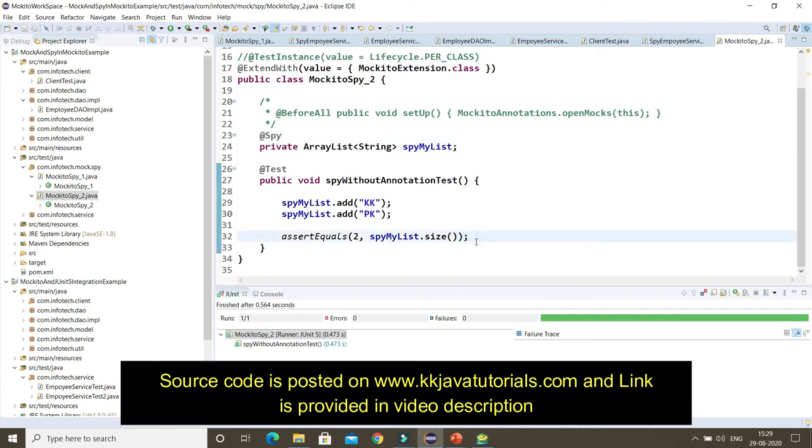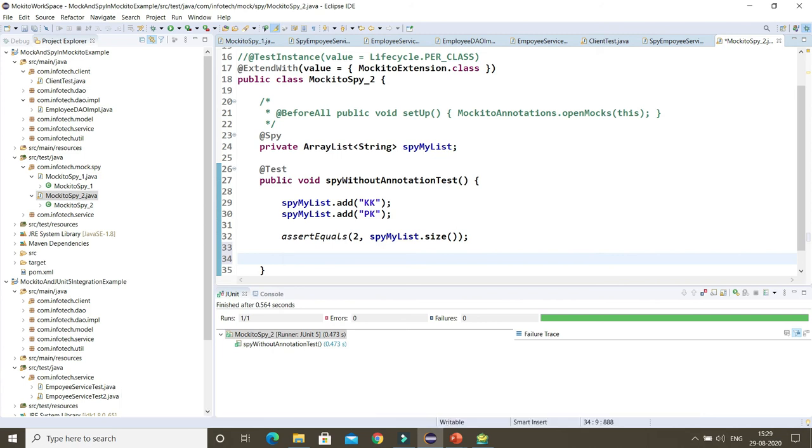But here the thing is that we can also get a stub of a spy. So how can we do that, how can we get the stubbing of a spy? So here we can also stub a spy.